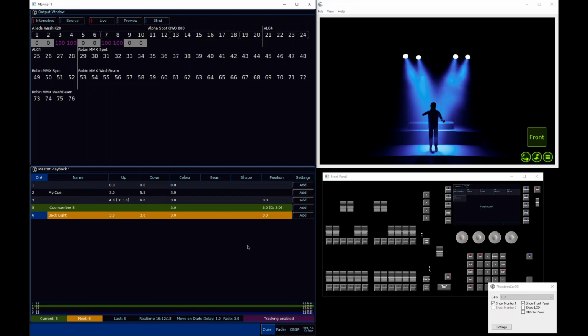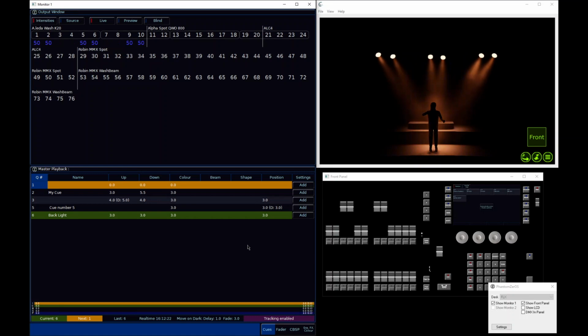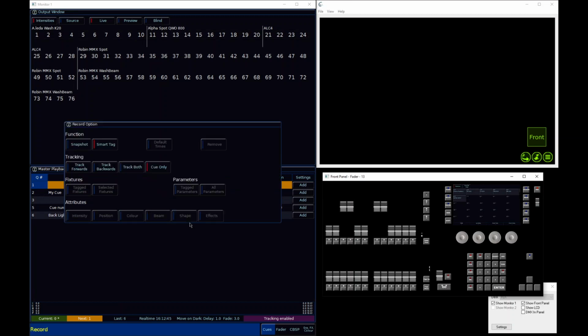Now, here's my Q6. If I know that Q7 is going to be a snap blackout, I could record the cue with those fade times all at once. So I'm going to pull my master playback fader down to give myself a blackout, and I'm now going to record this blackout, and you'll notice that when you press record,